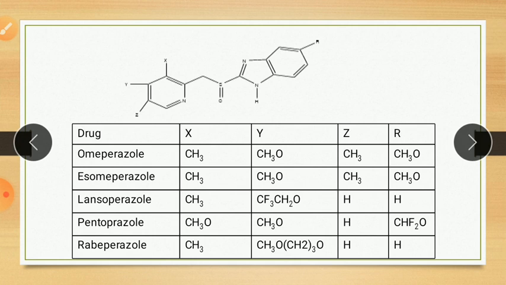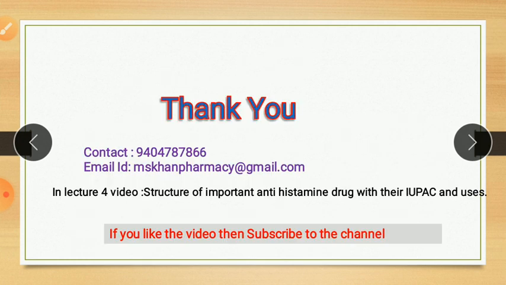So in antihistamine, first we saw the classification. Then first generation antihistamines, in that there is SAR. Then second generation agents. Then mast cell stabilizers. Then H2 blockers. And then the last one is proton pump inhibitors. So in the next lecture, that is in the lecture 4 video, we will cover the structures of important antihistamine drugs along with